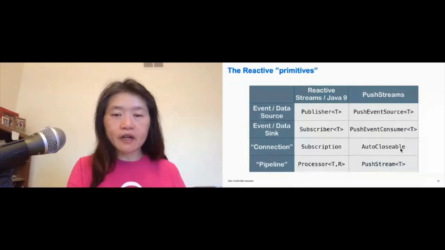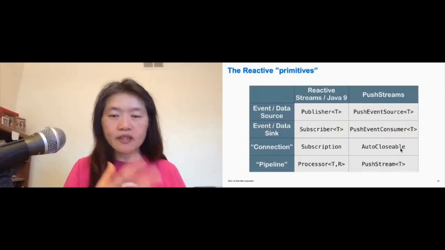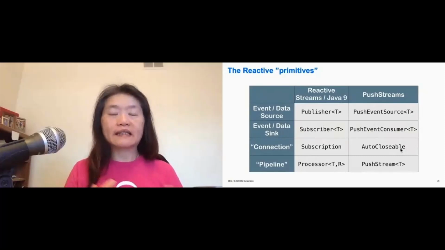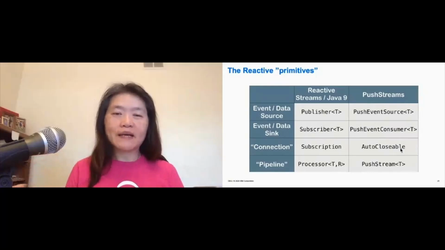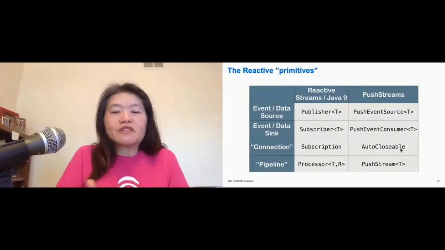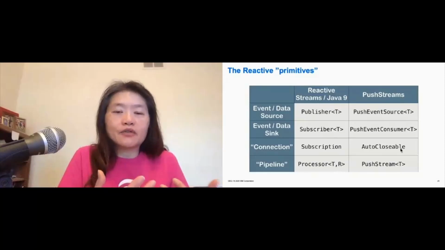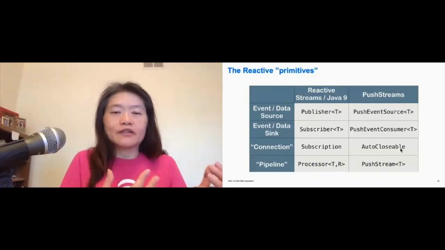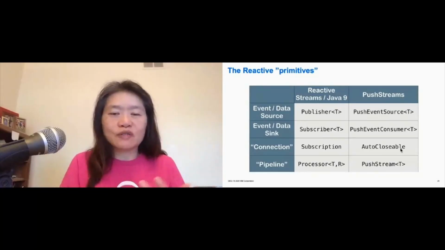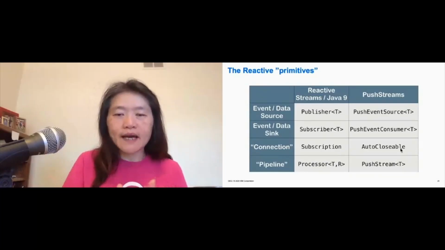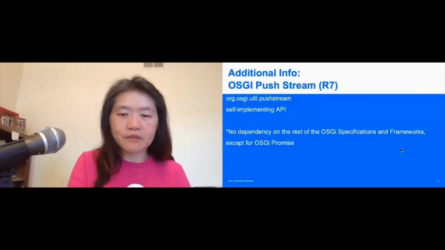And this is a quick comparison. The thing I'd like to point out is that push streams allow you to auto-close your streams. So after processing, you can close your stream. But in reactive streams implementations in general, you just have the subscription, and you are at the hands of your library to close the streams itself. Push streams are interesting: you can actually have control over it and have the auto-closable set up too.